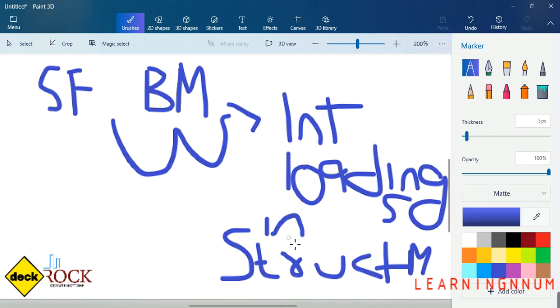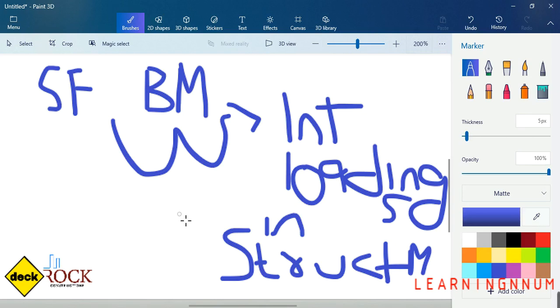Now, earlier I used the word proportioned. What does proportion mean? Proportion means, based upon the internal loadings acting inside the structure at some particular point, at that point, how much is the shear force or bending moment? According to that, the section would be designed, and according to that, this much cross section dimensions need to be provided. So that is the purpose we find out the shear force and bending moment acting internally in the structure due to external loadings.